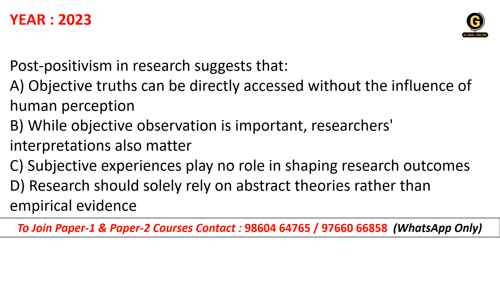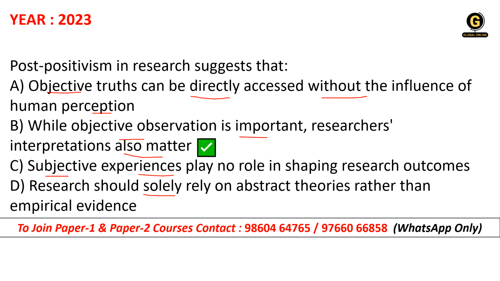Post positivism in research suggests that A, objective truth can be directly accessed without the influence of human perception. B, while objective observation is important, researchers' interpretation also matters. C, subjective experiences play no role in shaping research outcomes, and D, research should solely rely on abstract theories rather than empirical evidence. So right answer is option B, that is, while objective observation is important, researcher interpretation also matters,